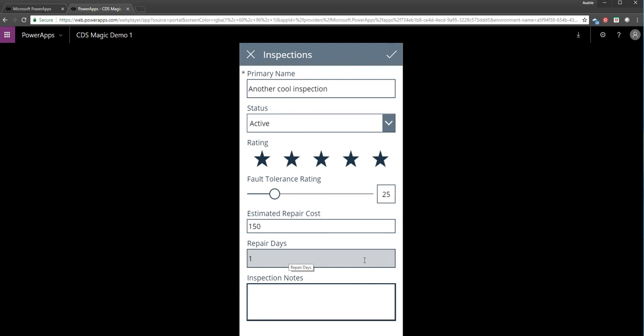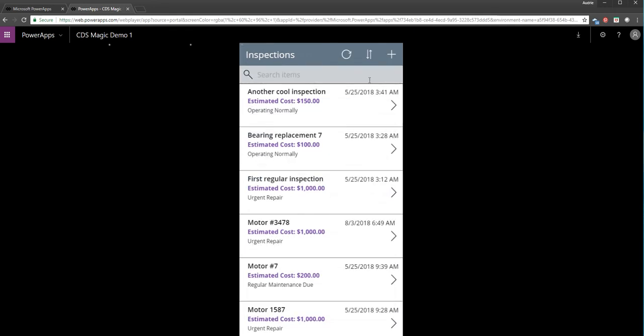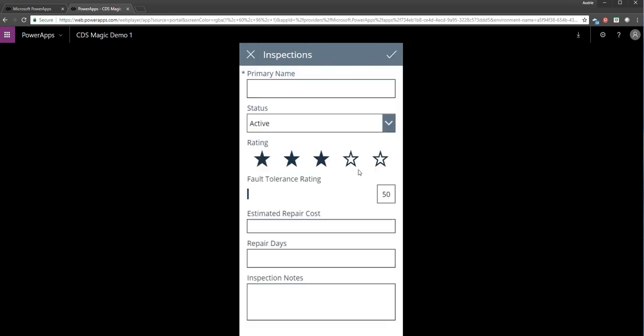This is the magic of the Common Data Service. You can build that kind of logic directly into the app. And let me just show you how this works. So I'm going to be an inspector, and I'm going to make a new inspection. So I'm going to click plus, and I'm going to just type new inspection, CDS Magic, right? And then I'm going to leave it active,